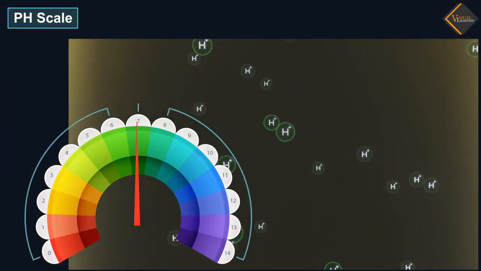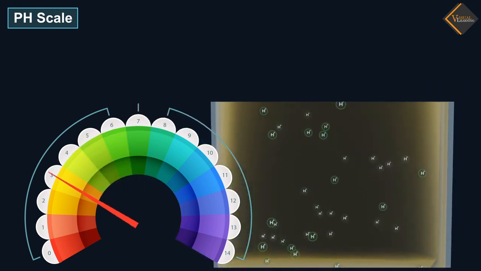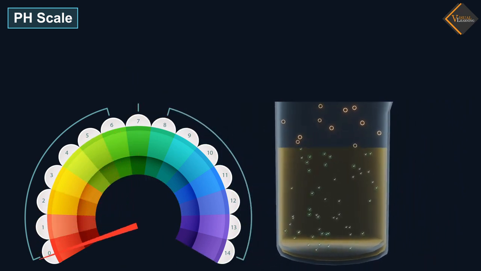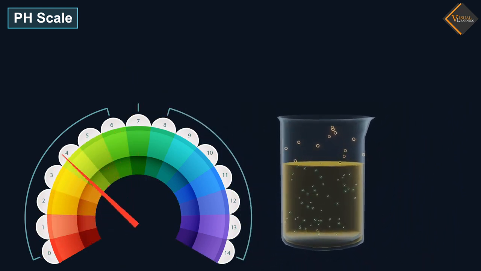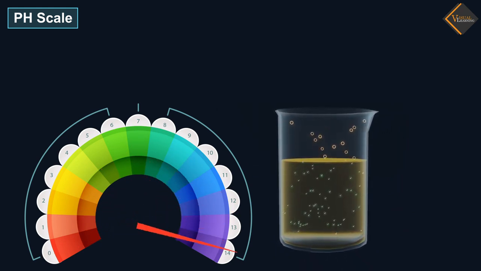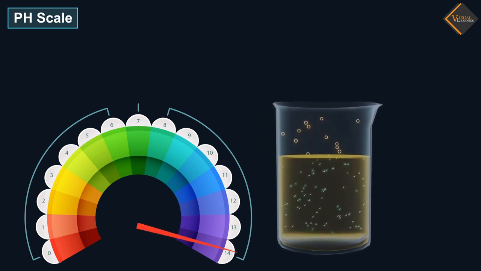The pH of a neutral solution is 7. Values less than 7 on the pH scale represent an acidic solution. As the pH value increases from 7 to 14, it represents a decrease in hydronium ion concentration in the solution, that is, an increase in the strength of the basic nature of the solution.